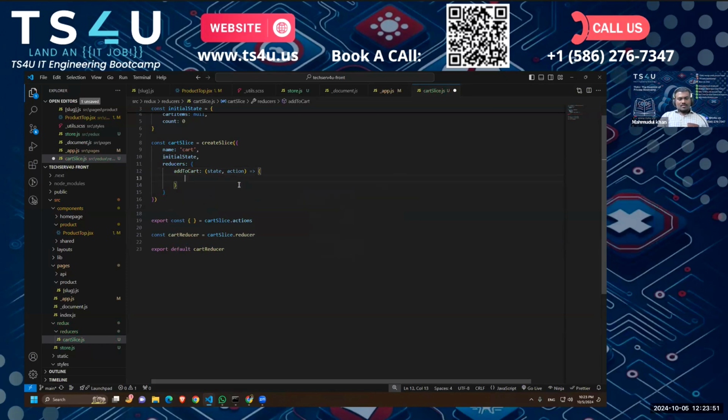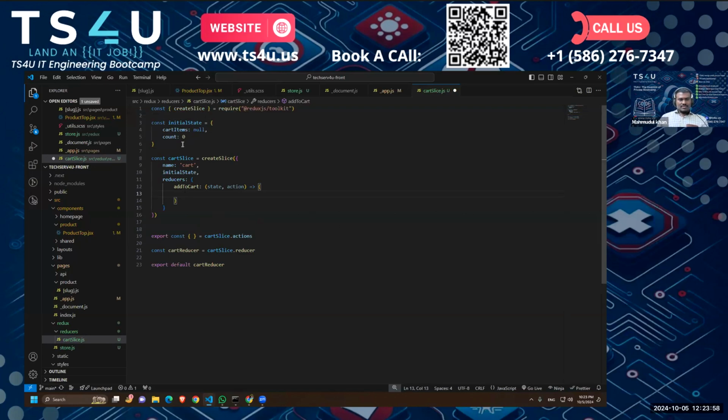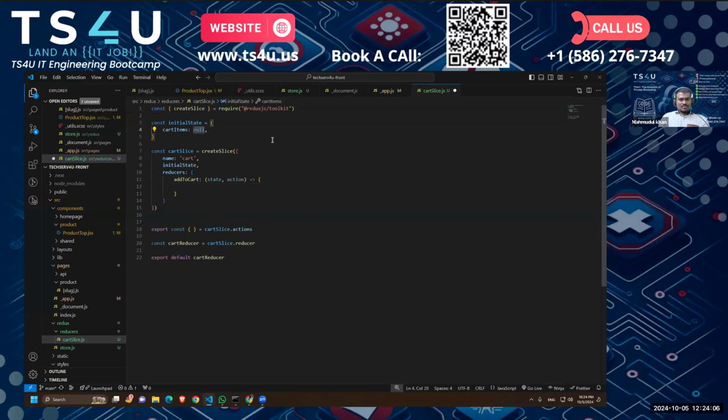All right. Then we want to update the cart items, right? So how do you do that? And for cart items, instead of null, we should give it an empty array, because we are going to add